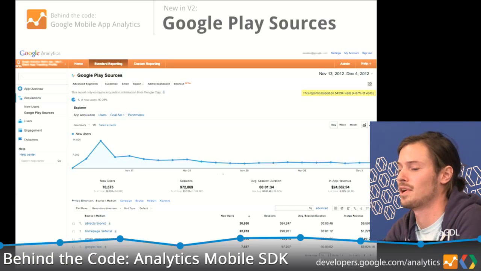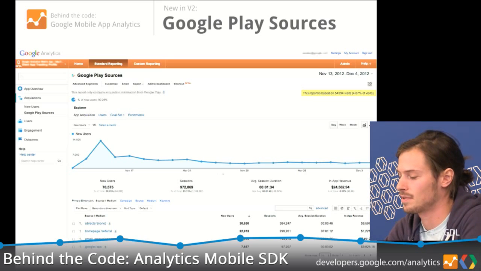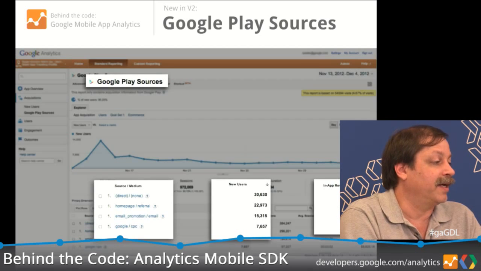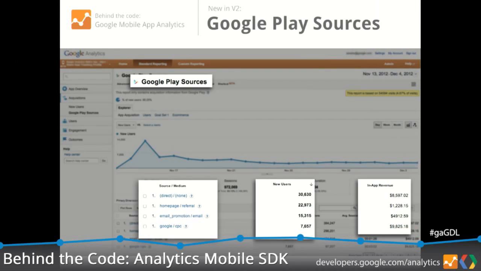And this was one that I know is important to a lot of developers, in terms of being able to see where their users are coming from, from different marketing channels. So we've had some attribution before, but we do have a new Google Play Sources report. Yeah, this one has got a lot of people really excited. So you can see how effective your advertising is in driving users to your application using this Google Play Sources report. It's very easy to set up, and